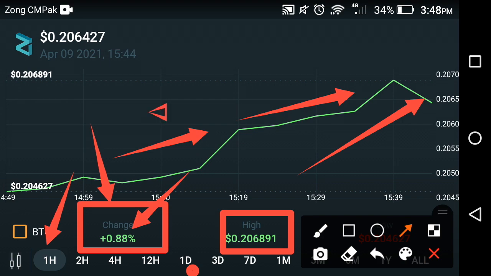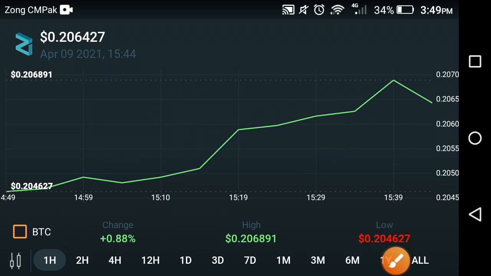So that is my suggestion for all Zilliqa coin holders, that please hold your Zilliqa coin until the end of this month, because the big explosion is coming soon for Zilliqa coin. So please hold it. And if you want to buy Zilliqa coin, it's not the best time to buy. When they start a high explosion, that's the best time for you to buy Zilliqa coin.